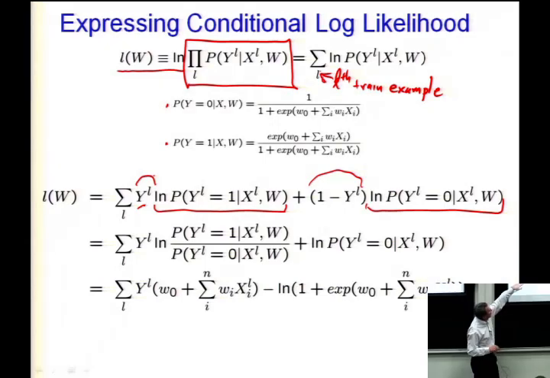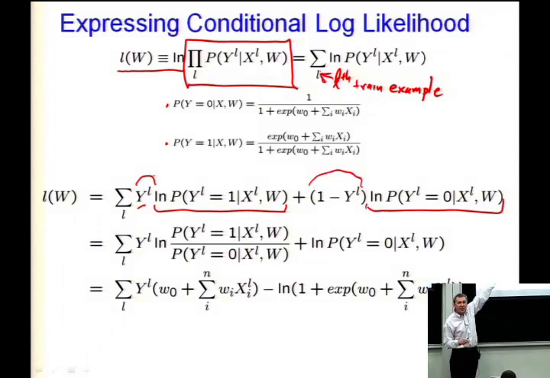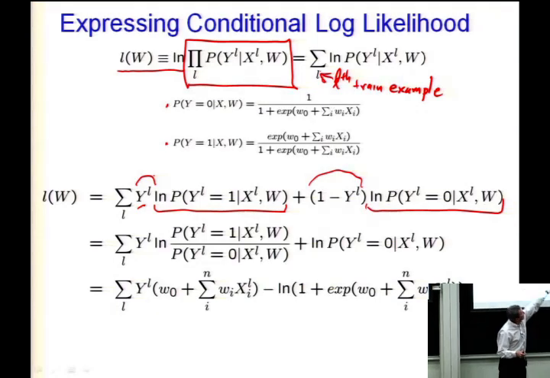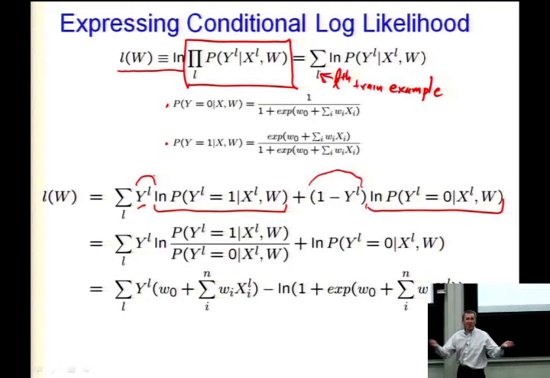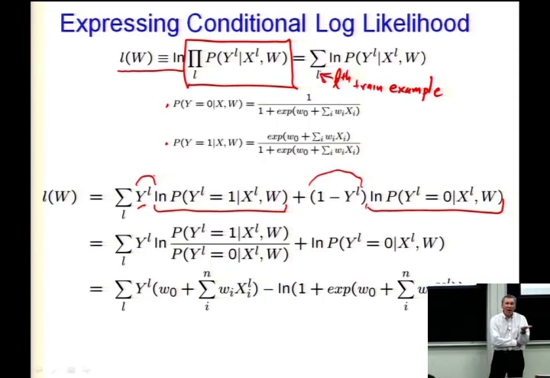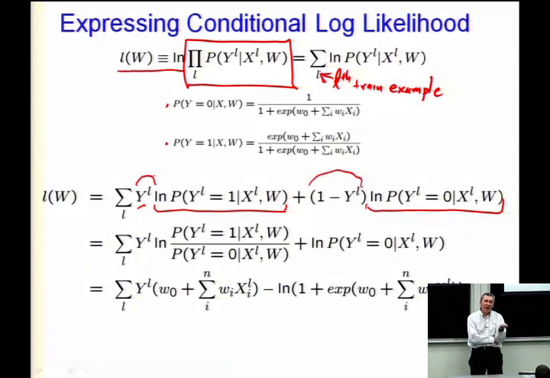But this gives me a form for the log of the conditional likelihood of my training data for any set of W parameters that I happen to plug in. And now I want to optimize that. I want to choose the W's that maximize the conditional likelihood of my observed training data. And I've got, again, an optimization problem. And how did we solve it before? We took the derivative and set it to 0. We can take the derivative of this,